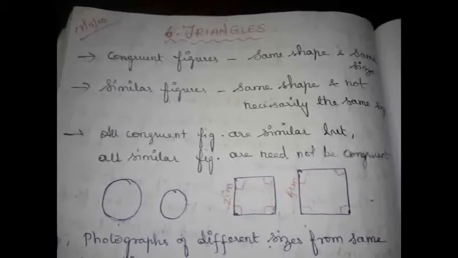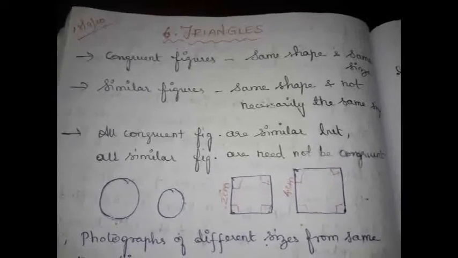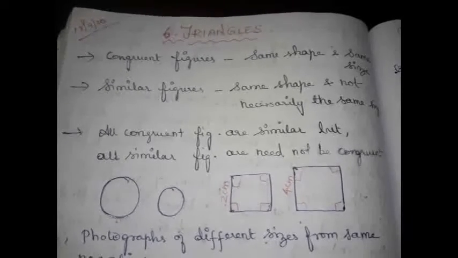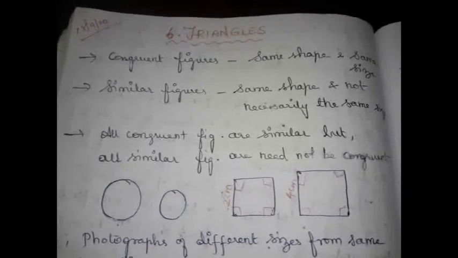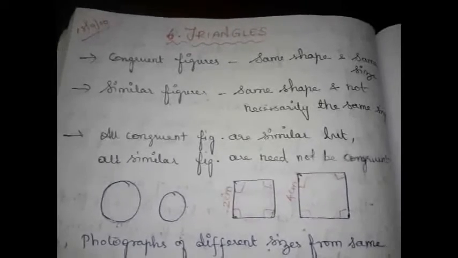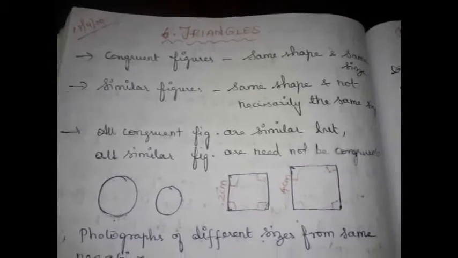to be similar, right? We call two triangles similar when the corresponding angles are equal and their corresponding sides are in the same ratio or in proportion, right? Then we learnt the basic proportionality theorem, which is a very important, named theorem. You may get it in your question paper.